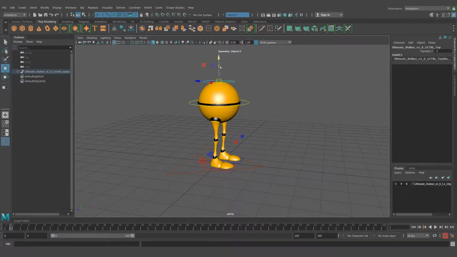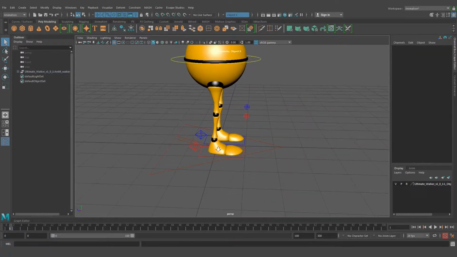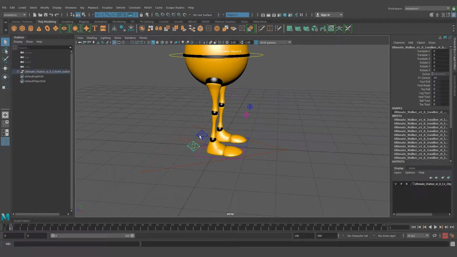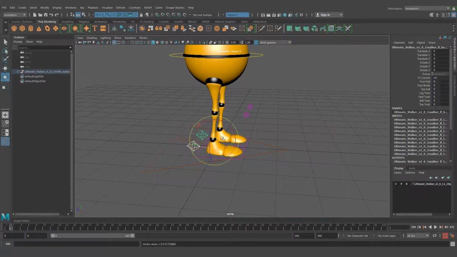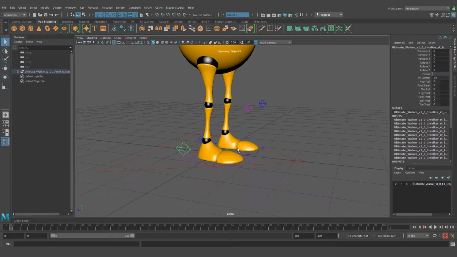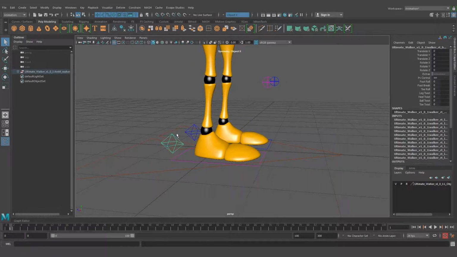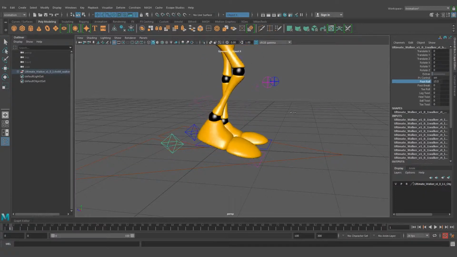You also have the squash and stretch here, and you have these two controllers. Of course, they lead the feet. You can also rotate them, of course, and plus they have sliders here. They have controllers. So, for example, if we want to play around with the foot, we have the foot roll, which is this